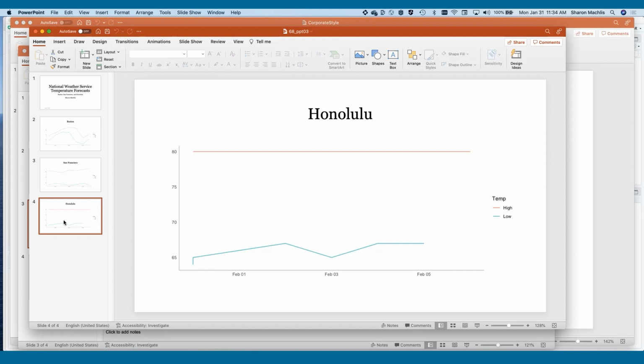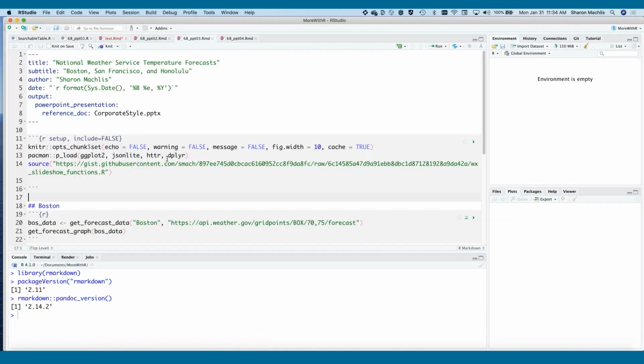Now, if you want a different default font or font size for your slides than what's on your system, you can set those with a referenced PowerPoint document and add that in your R Markdown document YAML header. So I did that for these slides. Let's take a look. Notice here I've got reference doc corporate style PPTX.